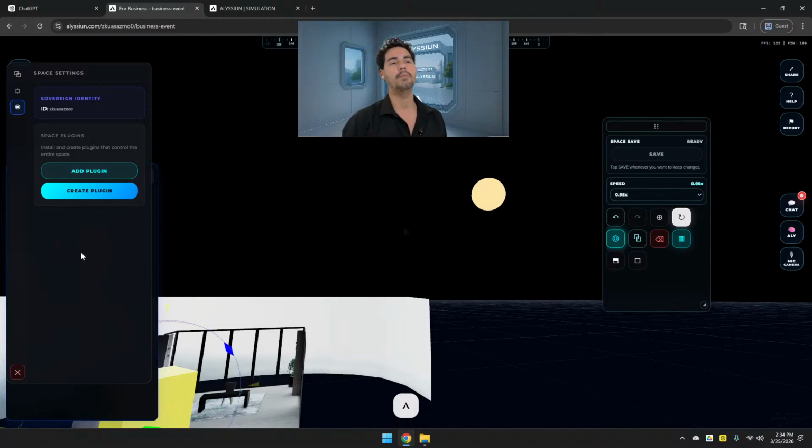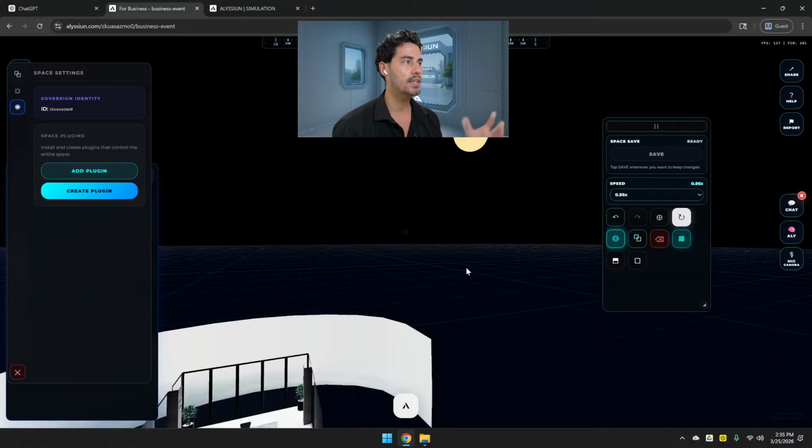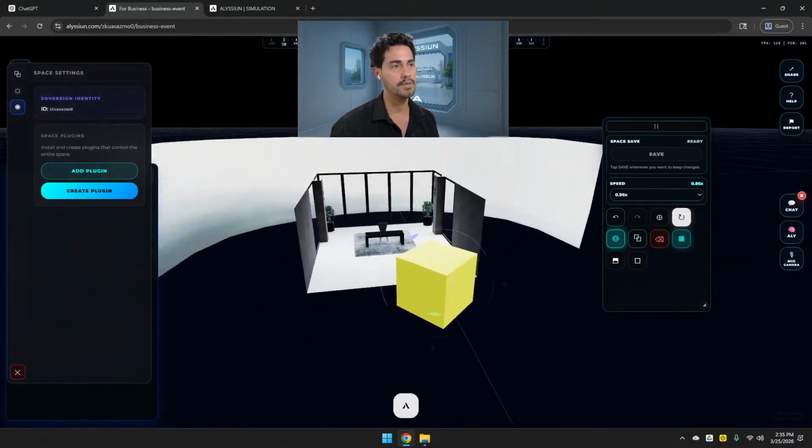Let's say you want to create a battle royale game. You install the plugin somebody created or you created, and now you have a battle royale. That means every time anybody accesses the space, it's going to ask you to choose your avatar, the weapon, the car, whatever it is. It's similar to a battle royale: you access the server and everyone lands and plays the video game. Or a race car mode. When you enter, you select the car, or if you already have the car, you go. No limitation, it depends how you build the plugin. That's what I mean. The space plugins control how the space is going to behave in general, and the object plugin is for every individual object.